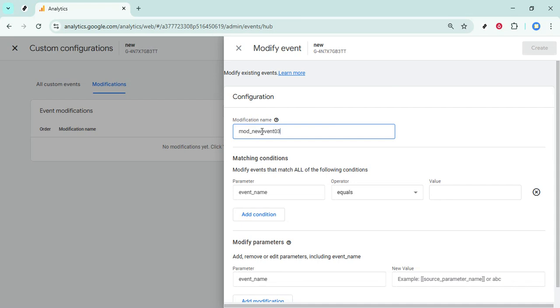Next, you can define the conditions and the modification itself. The condition controls when this modification should apply. For example, you might set a condition based on a specific event name or parameter value, so the rule only runs for certain events. Then in the modification section, you decide what should change. This could be renaming an event, adjusting a parameter, or aligning inconsistent values so your reports are more accurate and